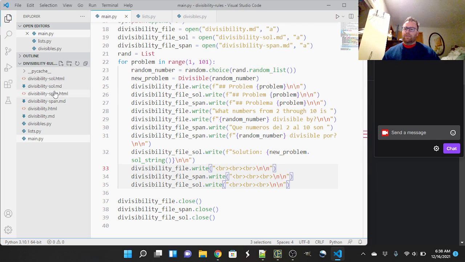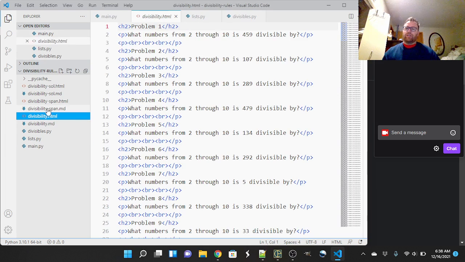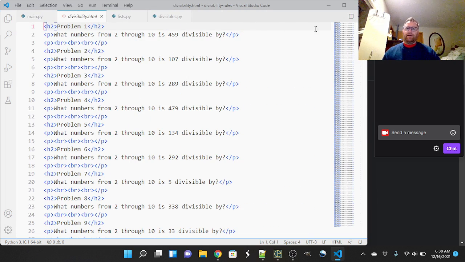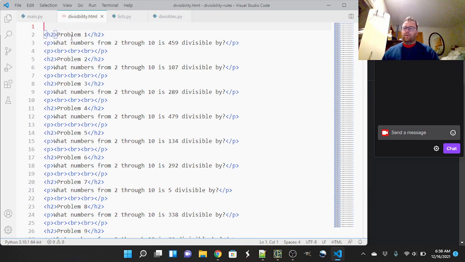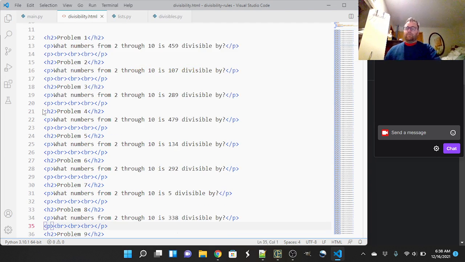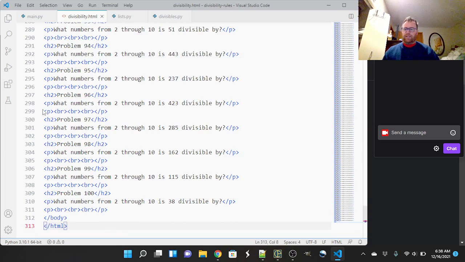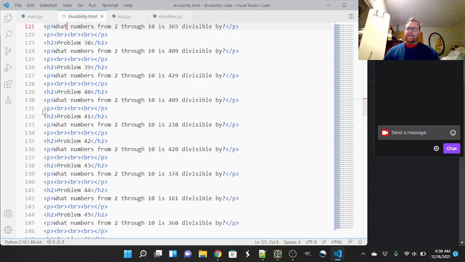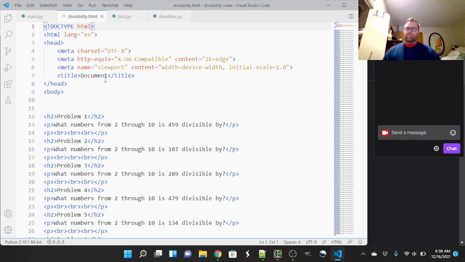So let's open the regular one.html. Okay, and let's go here and create the Emmet abbreviation, and we'll exit this out, and I'm going to go down to the bottom, page down button, and I'll go back up to the top. So I just pasted the closing body tag and the closing HTML tag there. We're going to call this 100 divisibility rules problems, and